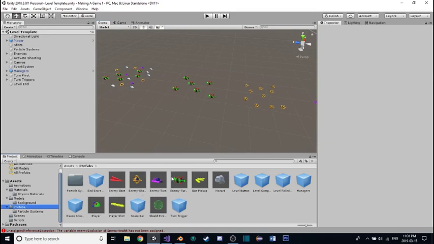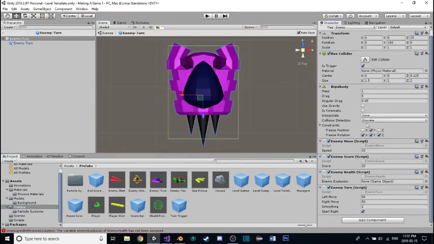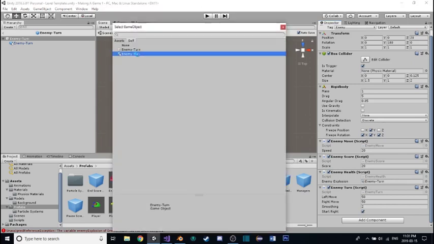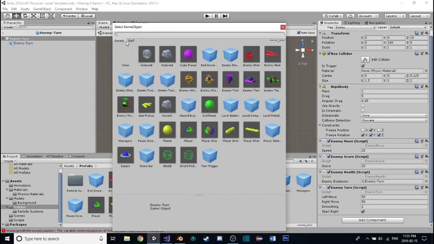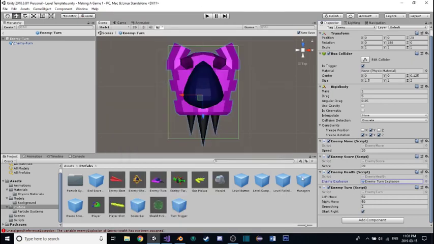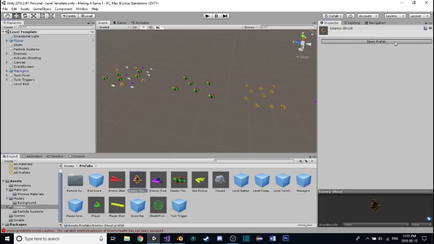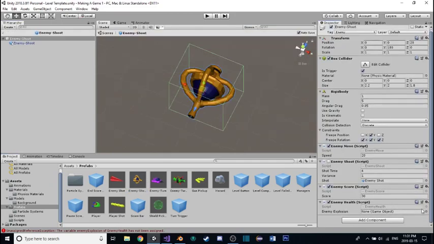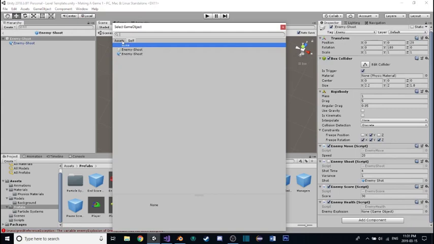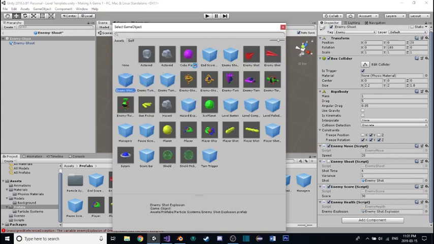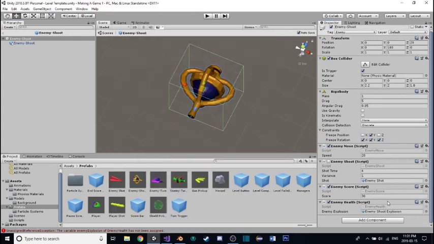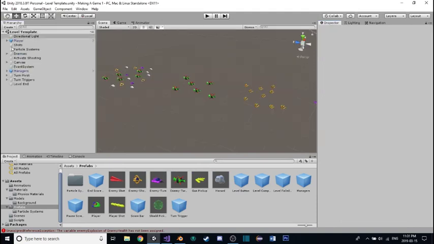So we did it to hazard already. Now going to enemy turn, opening that up, down to our health there, and we can actually just open up this. Going down to assets, enemy turn explosion, just putting that in there. Going out of it, going to our enemy shoot, opening that up, down to this enemy health, enemy explosion, opening that up, going to assets, finding our enemy shoot explosion right there, saving that, going out, finding our last enemy,